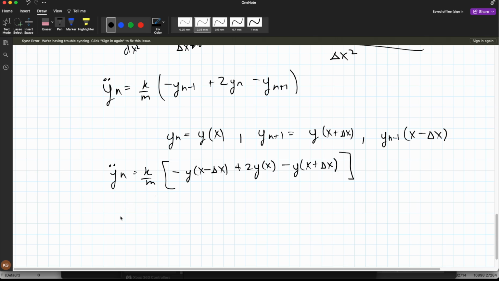So we can say, finally, y double dot n equals k over m, and then if we multiply top and bottom by delta x squared, that's just multiplying by 1, then